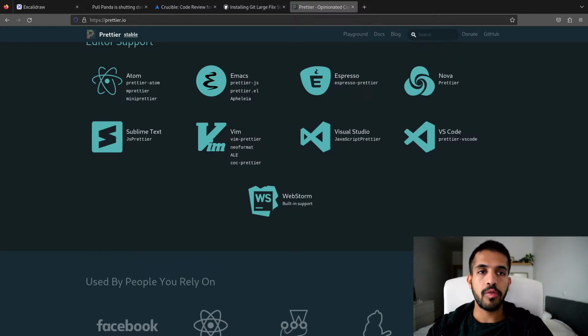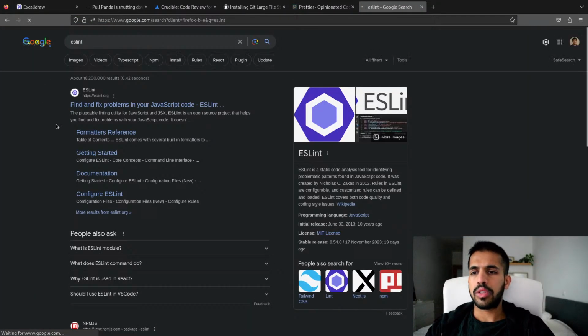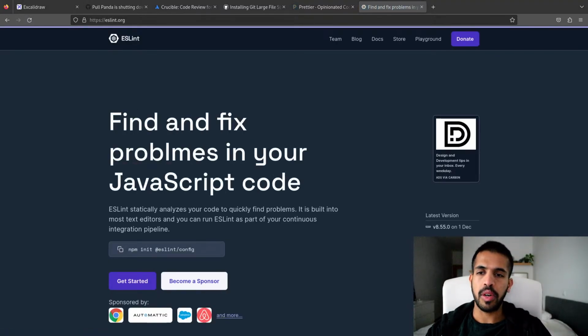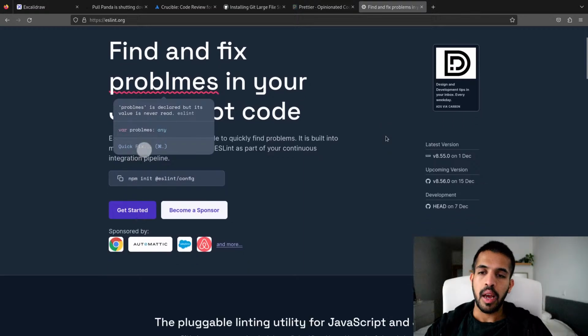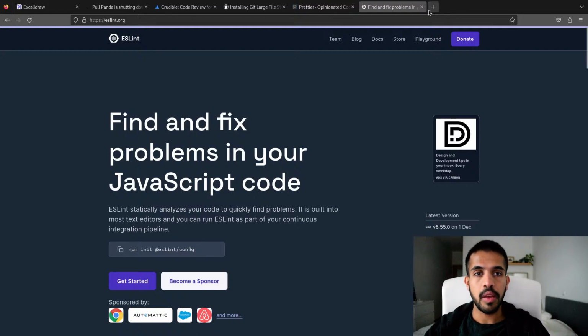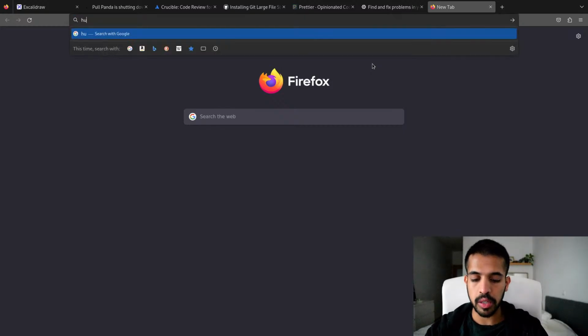The other option is, of course, ESLint. ESLint on its own will solve the problem, but I think it's always better to go a step further and automate it, so that it runs automatically rather than you having to do it manually, because if it has to be done manually, it will be forgotten. Every single time, despite everyone's best intentions, if you're going to do something manually, you are very likely to forget it. So if you are using just ESLint, it's always better to combine it with something like Husky.